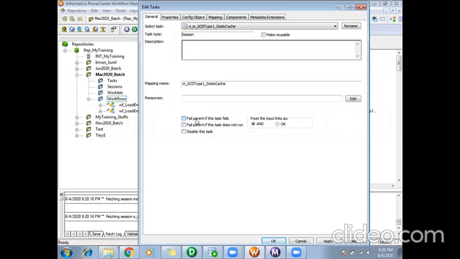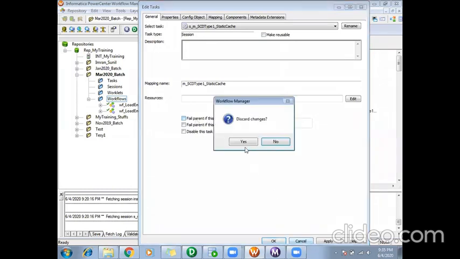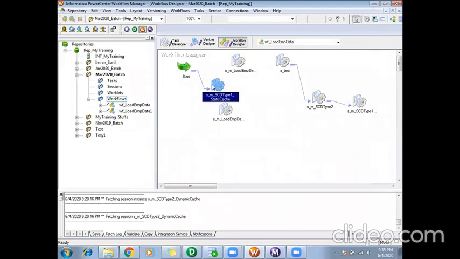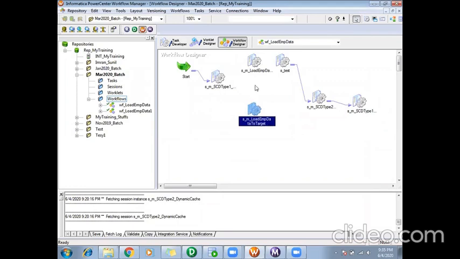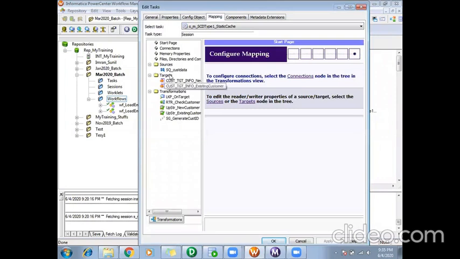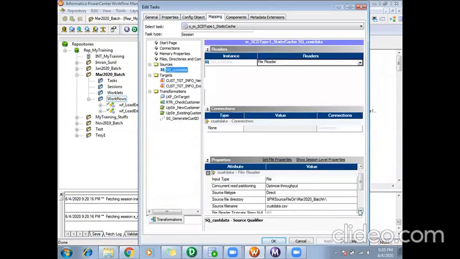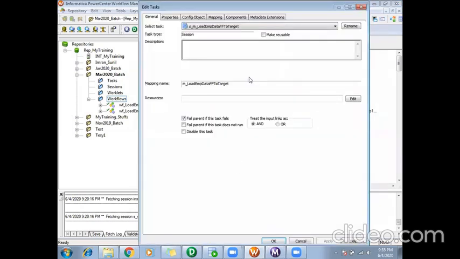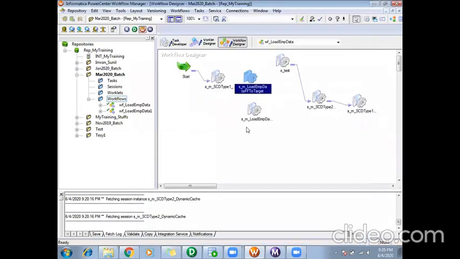But if you want to ensure your workflow fails when one of your tasks fails, then you have to enable this property. Let me again give the correct path here. That property you can set in all the tasks. All sessions have that property.